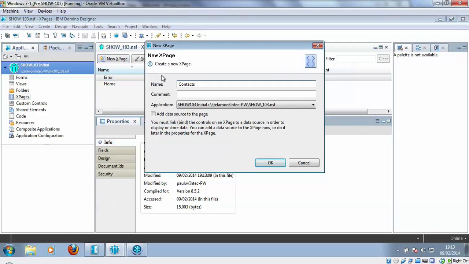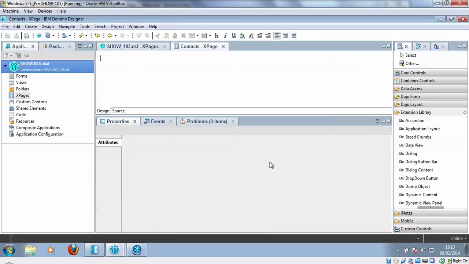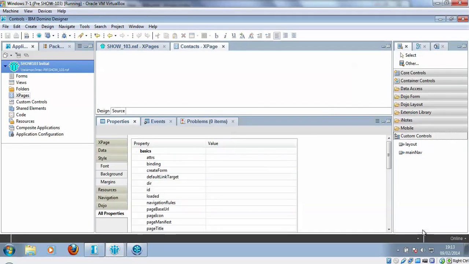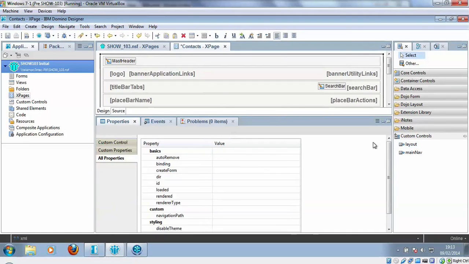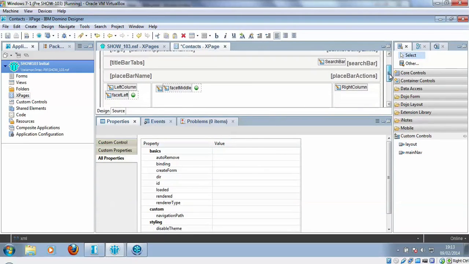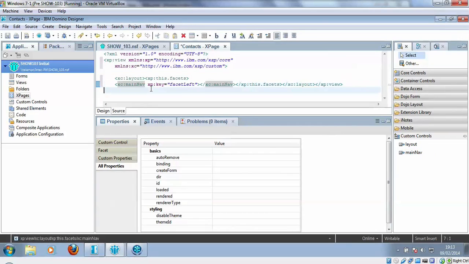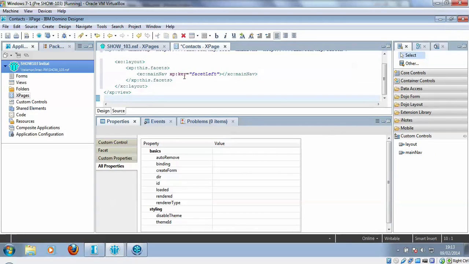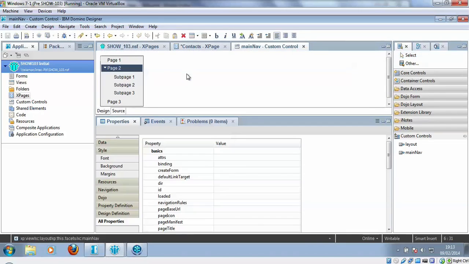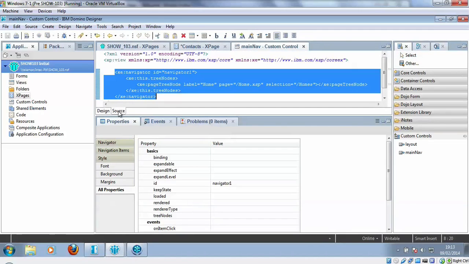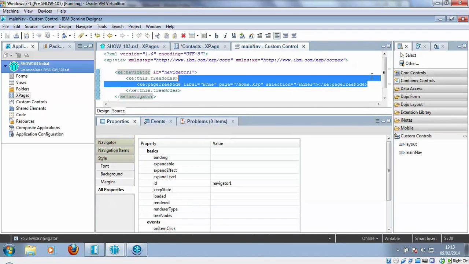So I'm going to create an XPage called Contacts, and I'm going to pull in Layout Custom Control and add the main nav in there. Now I also need to add in contacts as a page on there, so I'll go to the main nav custom control,